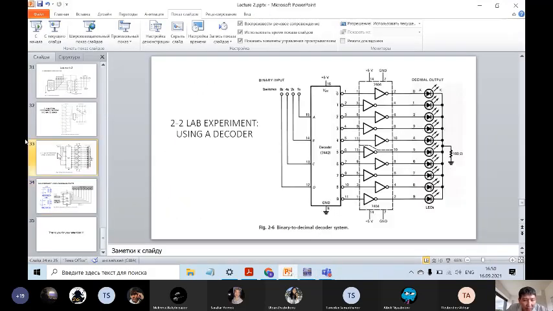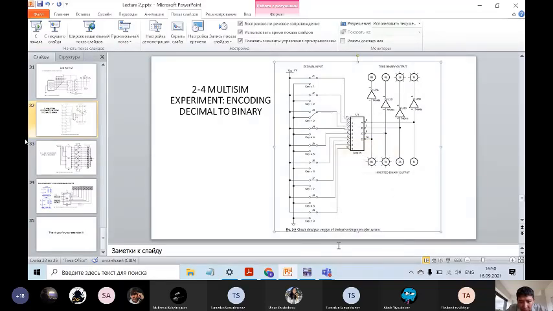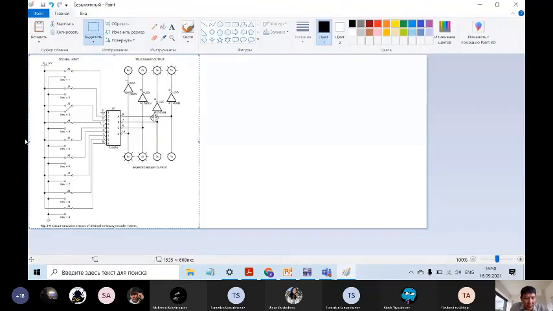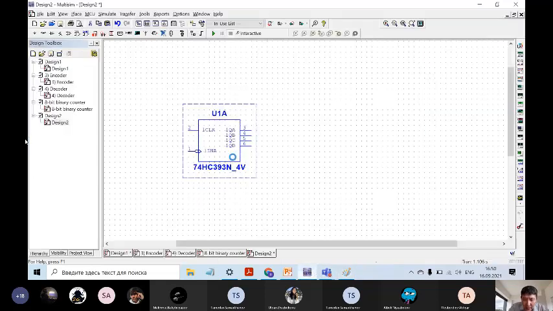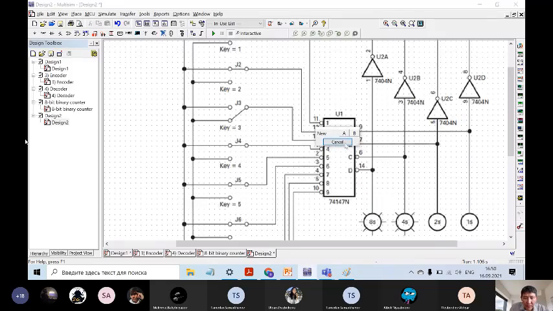Okay, and let me also show you what kind of key you will use. So let's come back to this. I will copy. I need to open Paint, copy to Paint, and then from the Paint. Oh, it's better. Yeah. So guys,